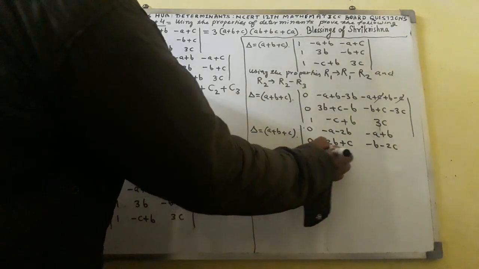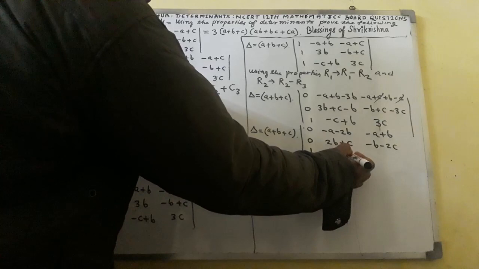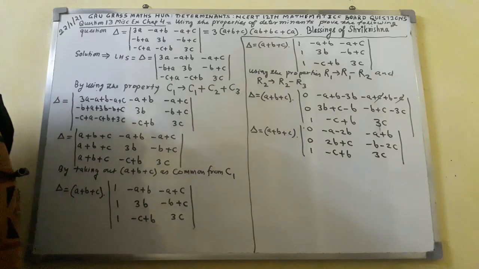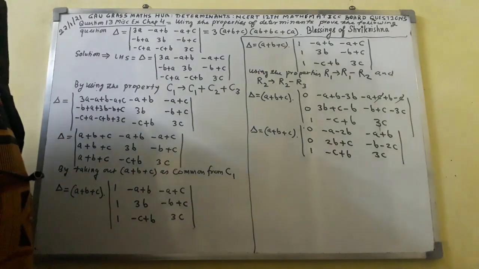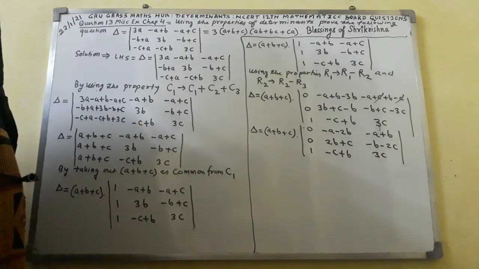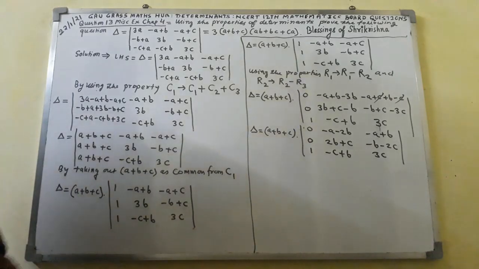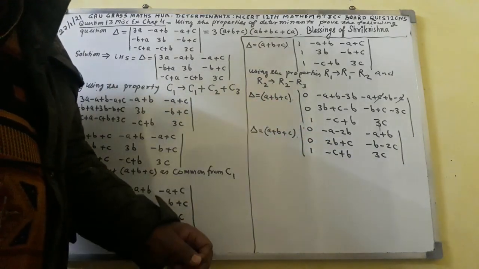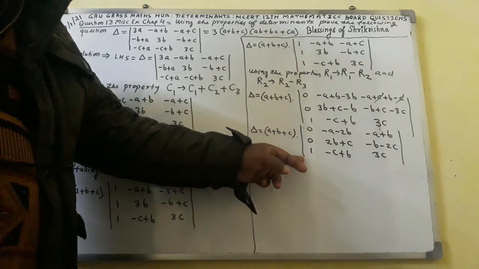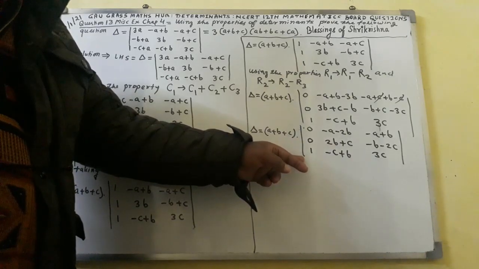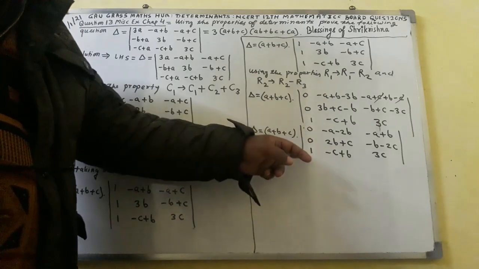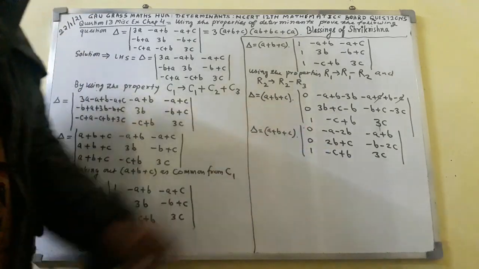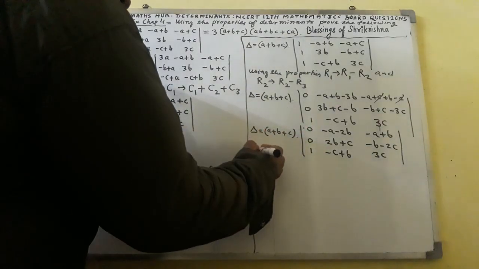Here write 1 minus C plus B 3C. This thing you will get. Now what will we do next? Next I shall write, here you can see in the first column 0 0 is there. The first column has the maximum number of zeros, that is 2 zeros. That's why this determinant is going to be expanded along the first column. So here I shall write expanding